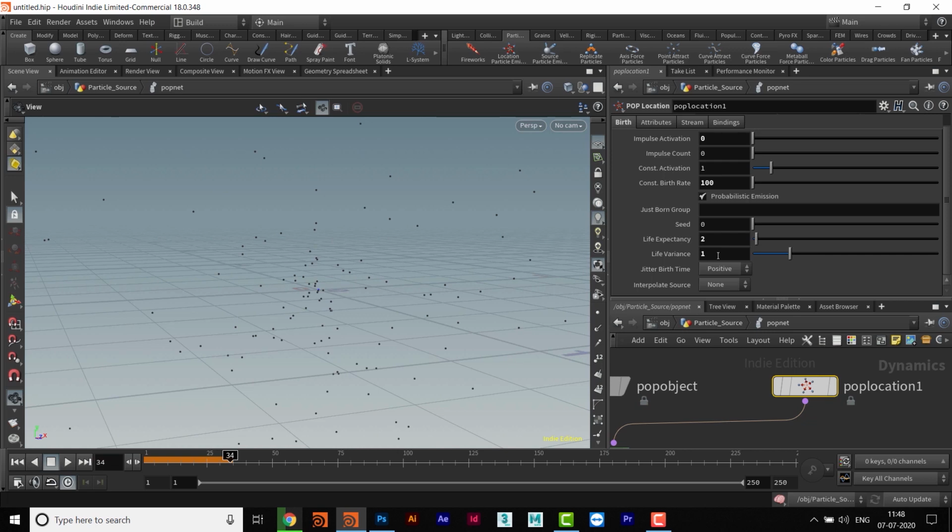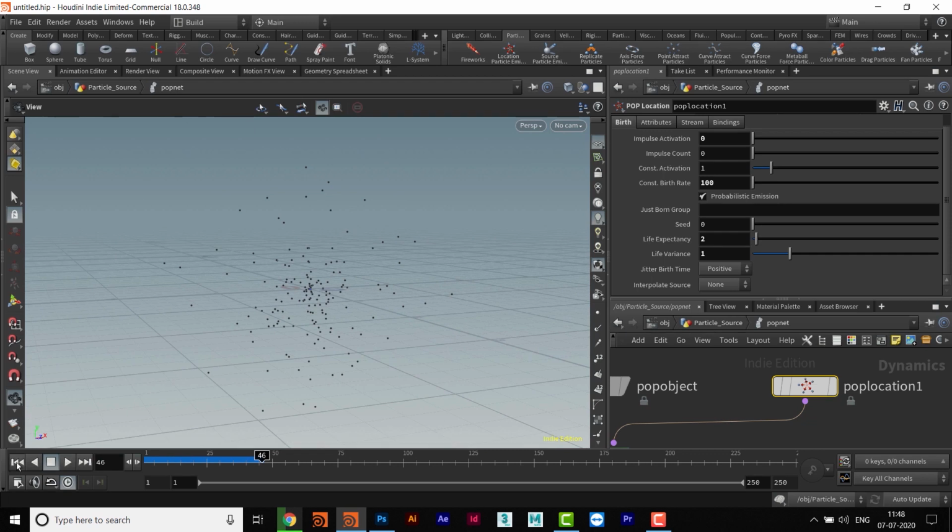So some particles will live till 1 second, and maybe some will live 2 seconds, and some will live 3 seconds, or maybe in between. They will also take any floating value in between. But the maximum life of any particle will be 3 seconds. Okay, so let's play it again, and then we'll see.